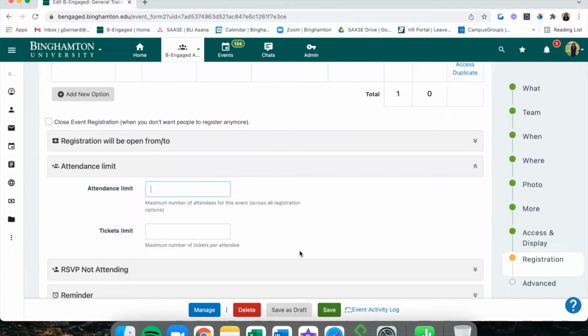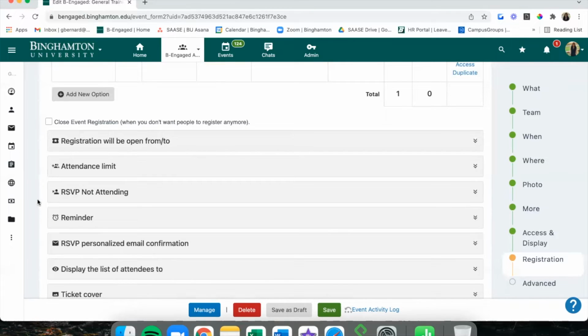So we could have 500 people here and then one ticket per person here. So basically that just means that if someone registers, they're only being allotted one registration slot, which since we're not buying tickets in Be Engaged, that does make the most sense because they're not coming away with anything but their digital ticket, which is just their confirmation of registration. So you'd probably want people to do it for themselves to mitigate confusion. That way everyone will be able to access their ticket in their email after they've registered and their registration has been confirmed.